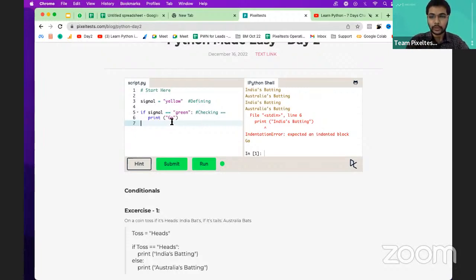Now, what we are going to see is something called else if. Do not write else if. If it is not green, else if it is yellow, we are going to check if it is yellow and then print. But we have a shorthand in Python which is called elif, right? So now I'm going to copy this condition as signal equal to yellow. And you have to have this colon because that will complete the condition check, right? So now I'm going to enter and say print parentheses, these brackets,